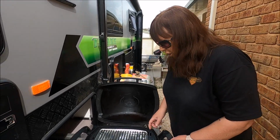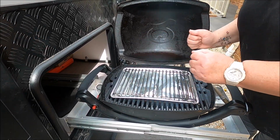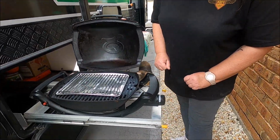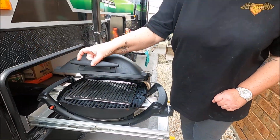Okay, so we've just come out here to the Weber. I've got my tray down here on the bottom to circulate the heat around our scones, and the trivet there is on the top for our scones so they don't burn. And here we've just got the setting up on high just to heat the Weber up. Okay,